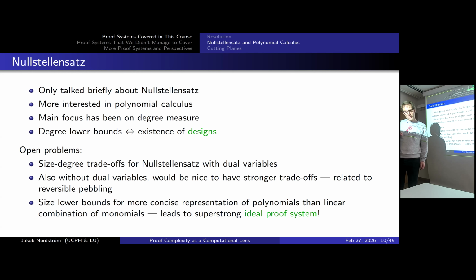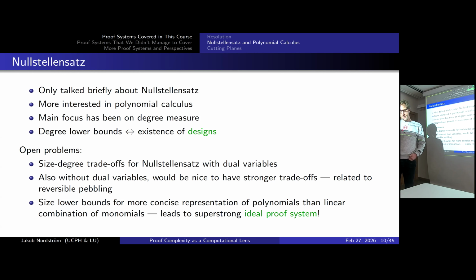And also without dual variables, the trade-offs we had were not super amazing, which turns out to be related to the fact that Nullstellensatz size degree trade-offs for pebbling formulas was exactly the same as time space trade-offs for reversible pebblings, and we don't have so good reversible pebbling lower